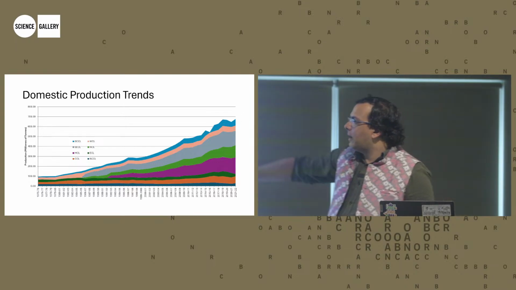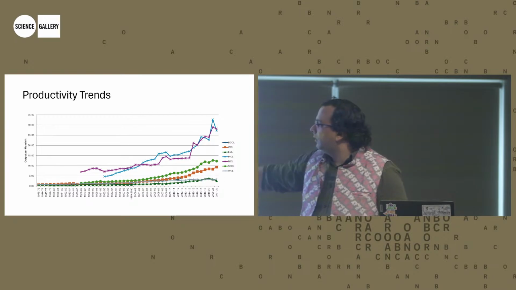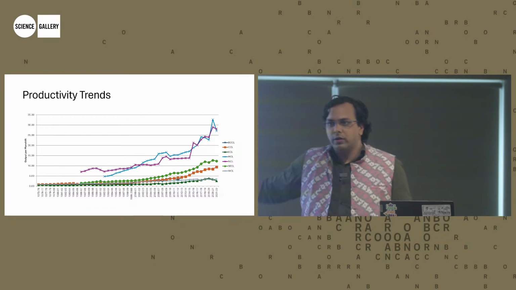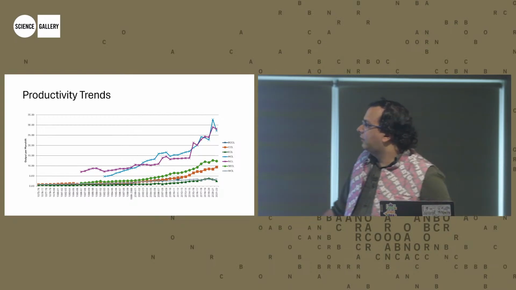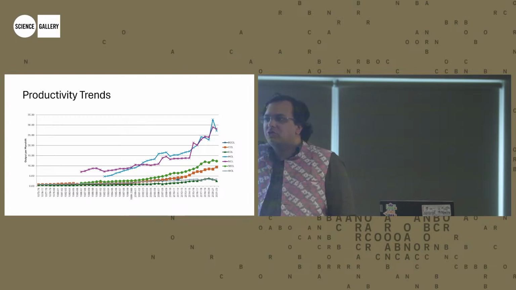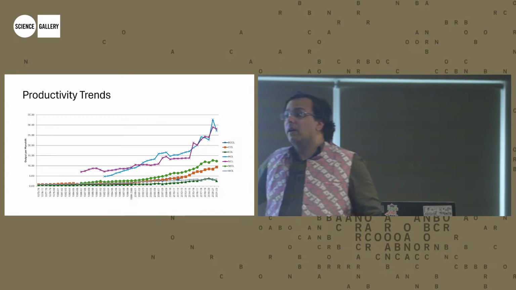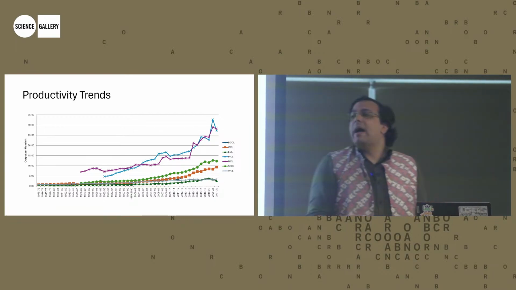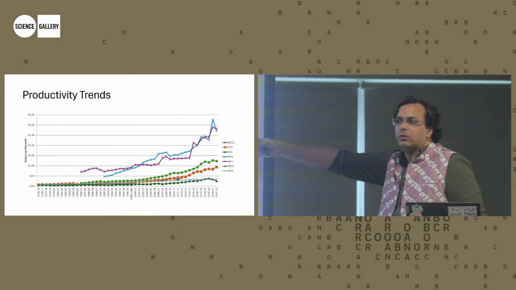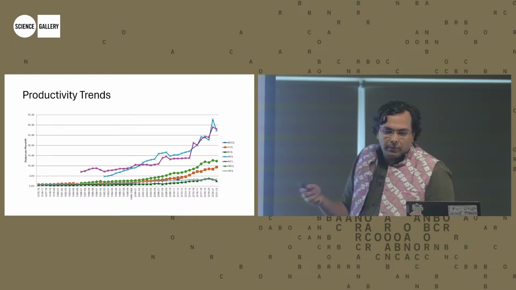And so this is just a map of the output per man shift, or the productivity trends across different subsidiaries of Coal India. Sorry, these are all the different regional subsidiaries of Coal India, if I didn't make that clear earlier. And so you can see that some of them have been incredibly efficient. These are the ones which have big machines and fewer people. And these are the ones which have more underground mines and more people, right? So even within Coal India, there's massive heterogeneity in both the technical approaches to mining and the relationship with local areas as a consequence, right? And I'll show you some pictures about this.